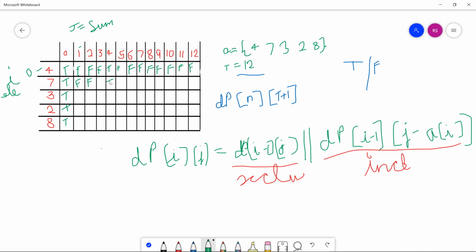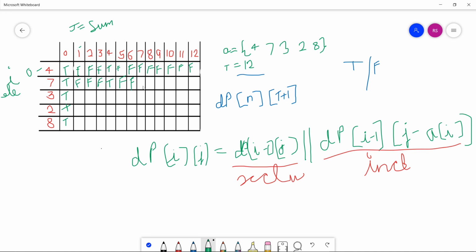So here also true. 3 is not possible, false. 5 is also not possible, 6 is also not possible. So what we are doing is just taking the result of the upper row, upper column, upper cell.